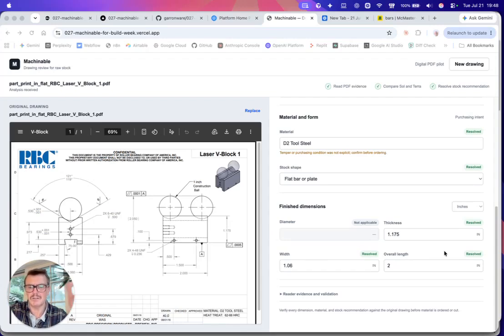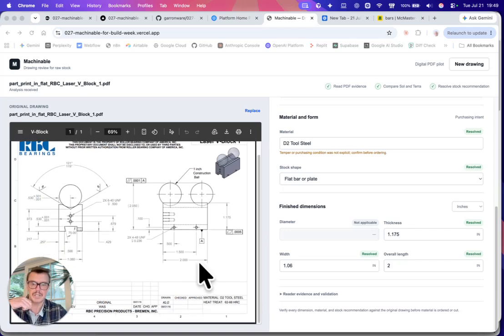even the frontier vision models have a very difficult time with part prints, and the reason for that is the extension lines and dimension lines here. Those things really confuse the vision model, and it seems to be a function of tracing those lines back to the dimension. All right, so it's given us the proper bounding dimensions, and you can see that over here. You've got 2-inch length right here, and then the width dimension you can see over here is 1.06, and then the thickness dimension 1.175,